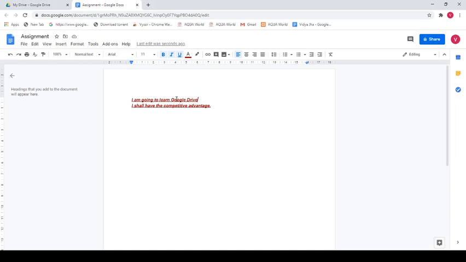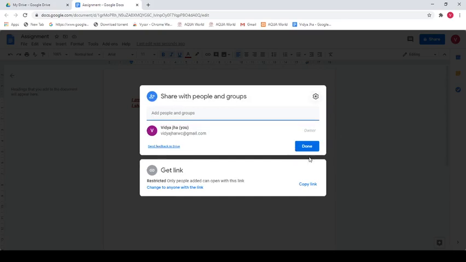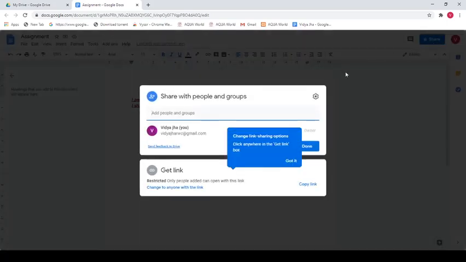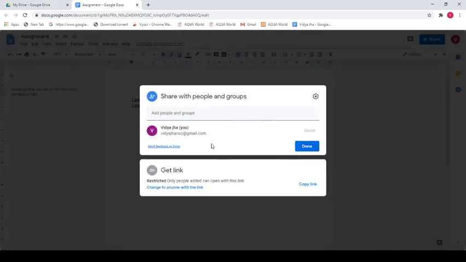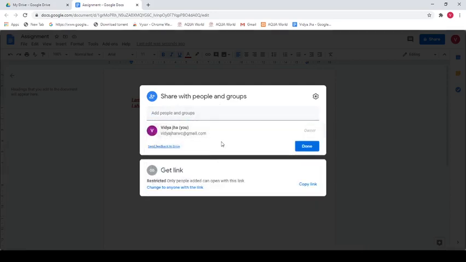And how will you share this thing? You will go to the share option. This is the share option. It is on the right side. I go to this share option. Now there are different things which are available. Who do you want to share it with? Certain groups of people where you want to share, or you can simply copy the link. If you copy the link, it will be copied, right? And you can restrict the action.